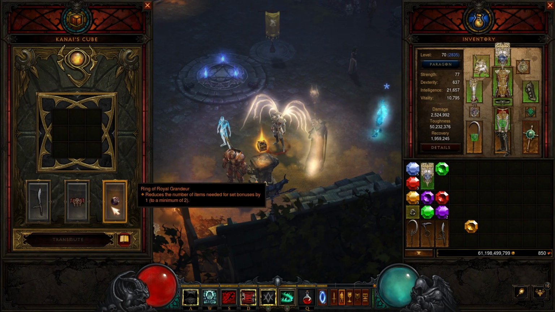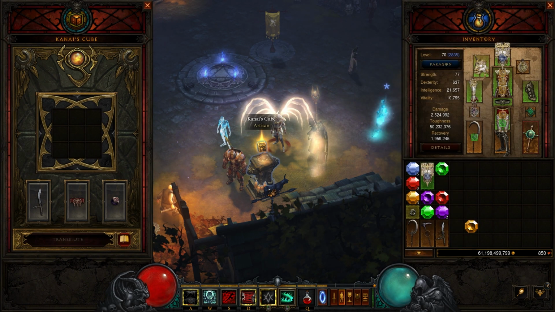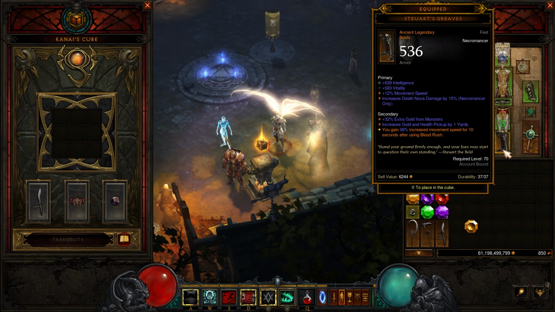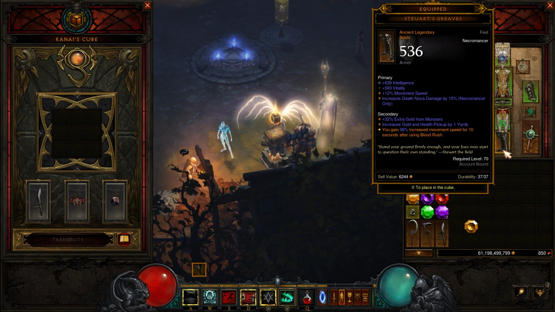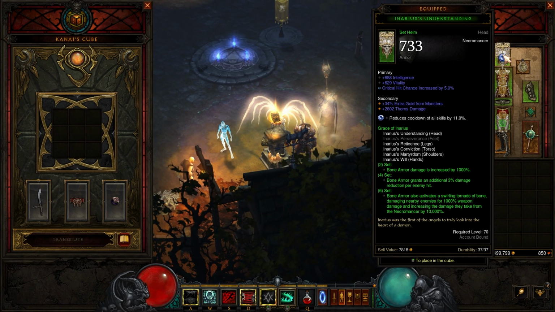Right. So you need a Rogue basically to wear the Guardians, because it is the 3-piece that gives you this double main stat bonus. So you're going to have to do some bounties to get that. Stewart's Greaves, of course, you always want as a Necromancer. You hit the teleport, you run around really fast, which is nice. You want to get some Death Nova damage on your boots. You really want Death Nova and crit on your helm, but again, obviously easier said than done sometimes,